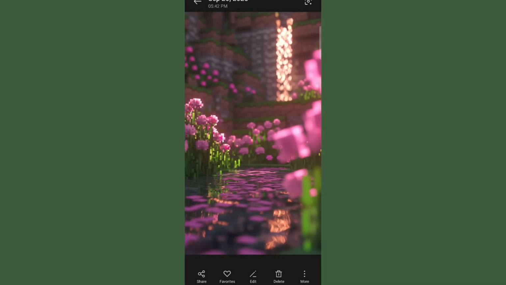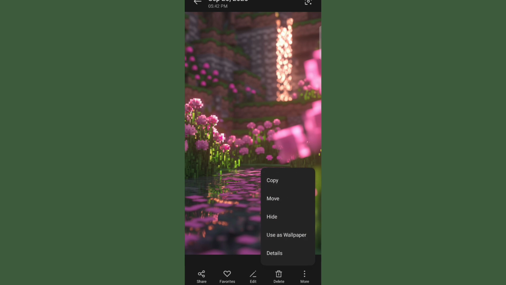And then look for the three dots, or in some phones, it looks like a gear icon. So tap on it and it will show options such as copy, move, hide, and of course, use as wallpaper. So let's tap on this